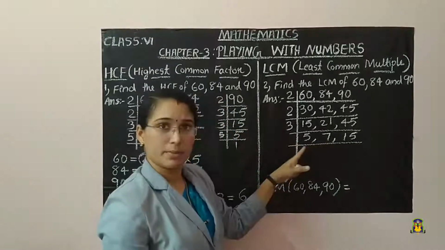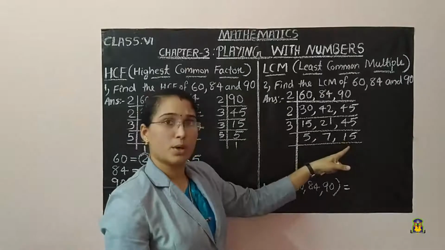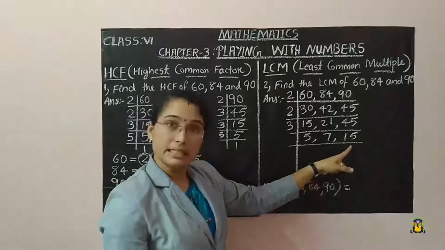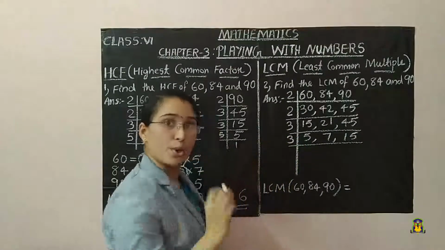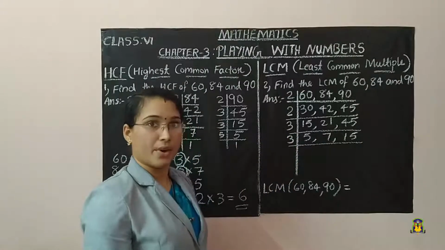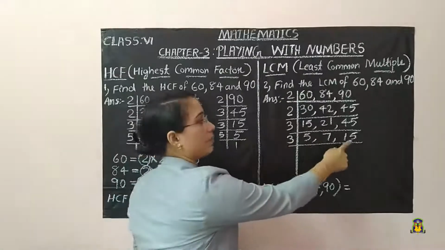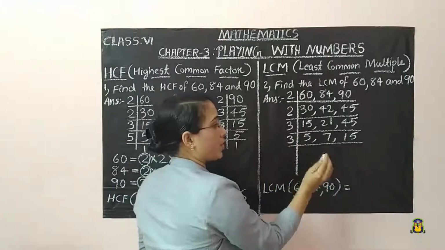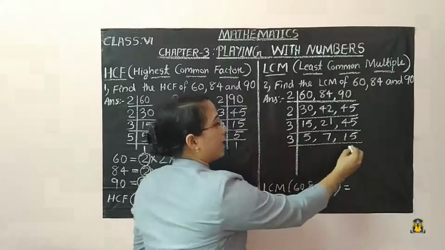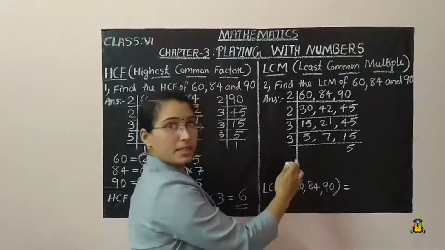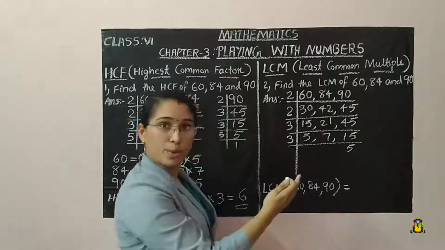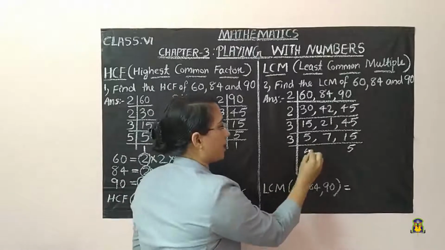After that, again we check whether 3 is possible. Already 2 is not possible here. Is 3 possible or not? Yes, for one of the numbers 3 is possible. So we take 3. If 3 is not possible, then only can you take 5. Here 3 is possible for one of the numbers, so first divide that number by 3. We will get 5. Then what about the other numbers? Division is not possible for the other numbers, so just bring down the same numbers.